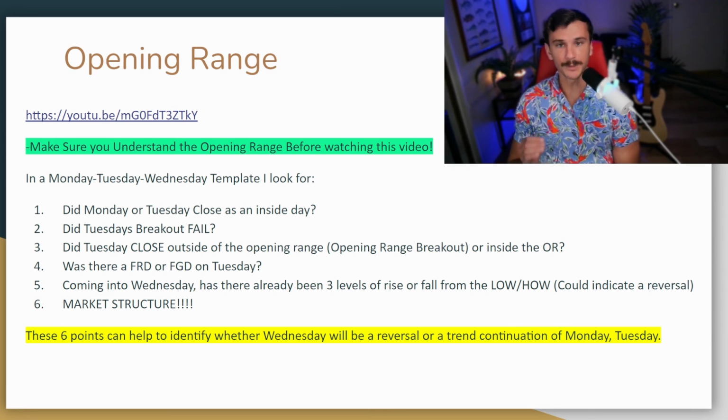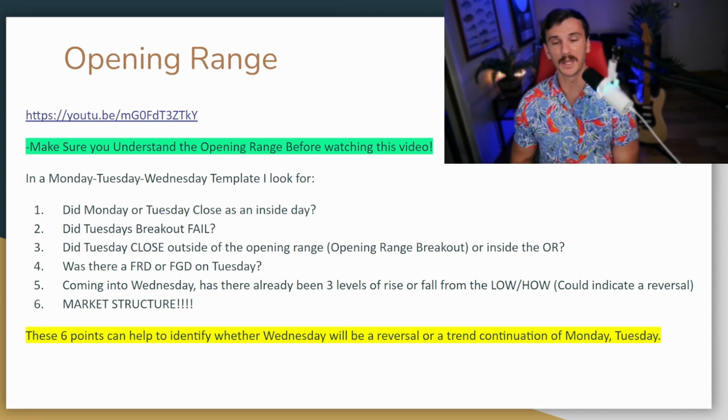There is going to be a high and a low. That could be a high and low of a 4-hour candle, a 1-hour candle. It could be a high and low of the day, session, whatever it may be. There is a high and there is a low, and the market is either going to break out of that high and reverse, trend, or stay within that range. That concept is very important to understand for the rest of this video and any other future opening range videos,